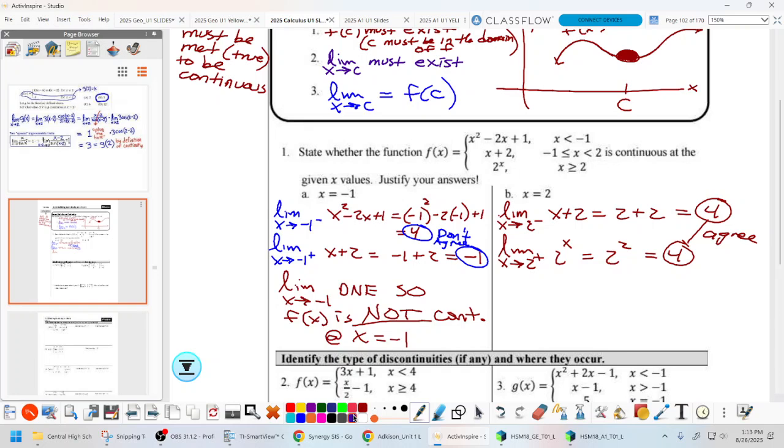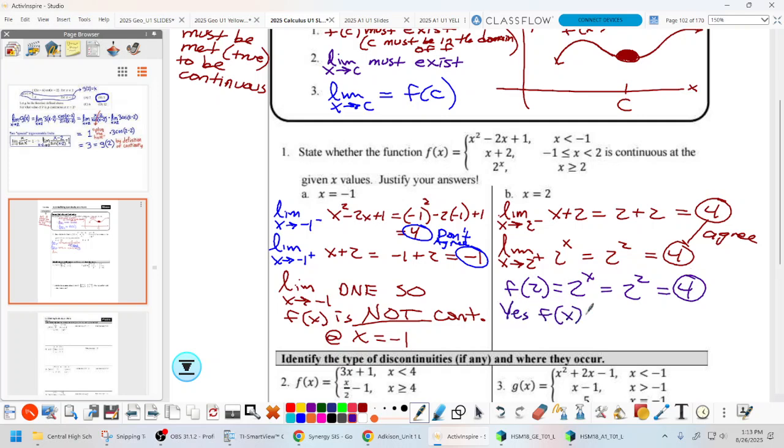Alright, how do we check the other 2 criteria? Plug in somewhere to prove that. Okay, now we need f of 2, right? So we need to see if f of 2 exists. So f of 2 equals what? How do we read this piecewise? It's where it says "or equal to," right? Is it 2 to the x or 2 to the 2, so forth. How does that check? So yes,